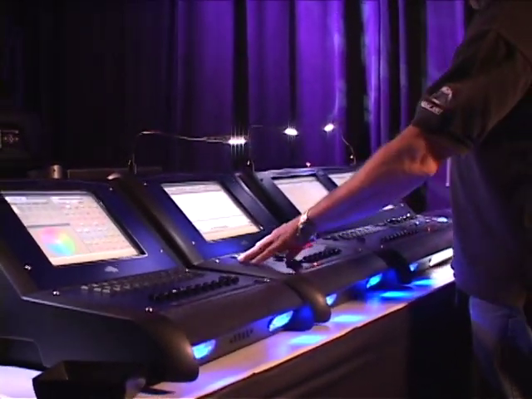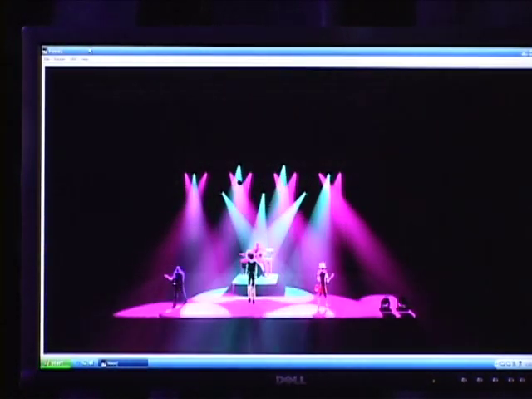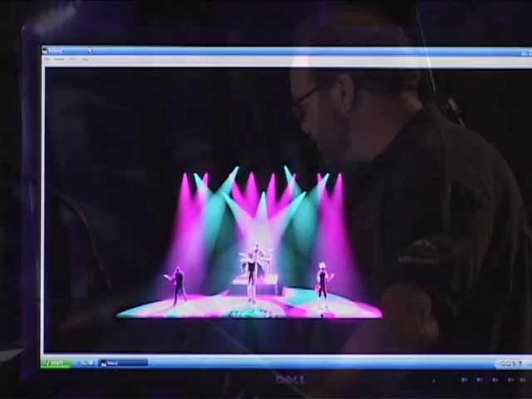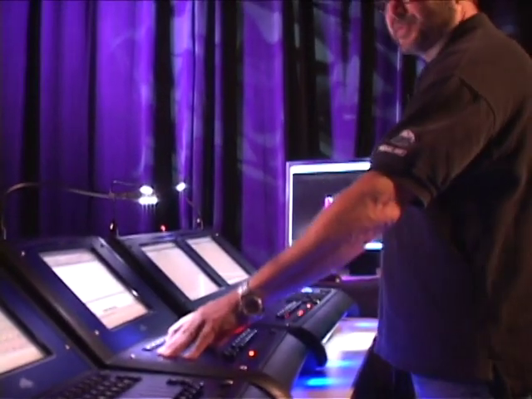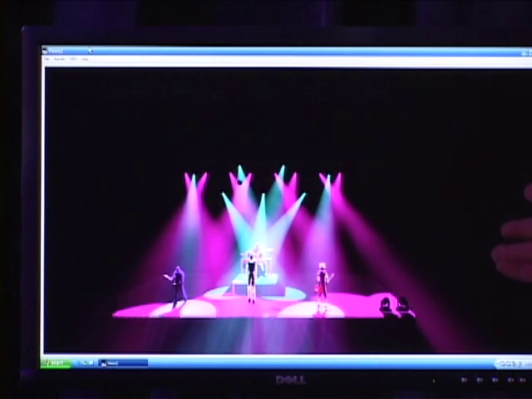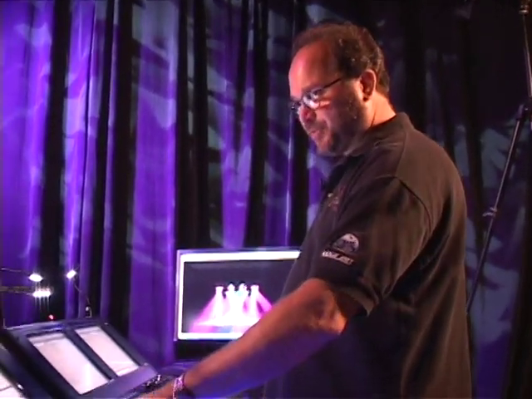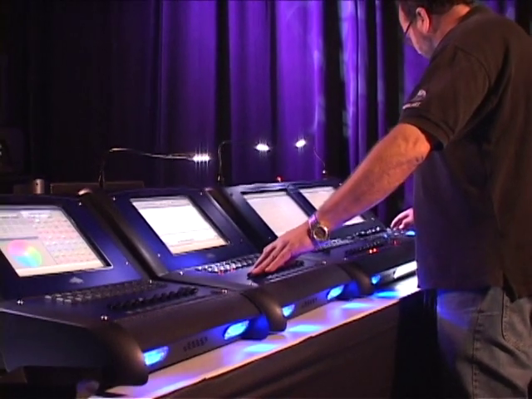So now, every time I hit this cue, I have everything moving, but there's always a light on the band, even if they're 2 different colors. And if there isn't, it's only for a second, and nobody will notice it. But anytime you're changing from a verse to a chorus and you need a little movement to say, hey, we're going to take the song up a step, a little 2-second movement adds to everything. Okay, so I have 3 basic focuses here that would work for everything. And I'm just going to